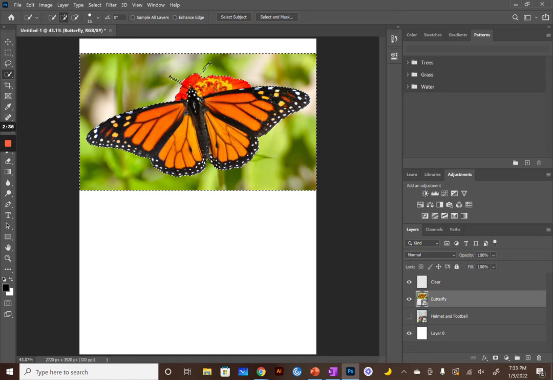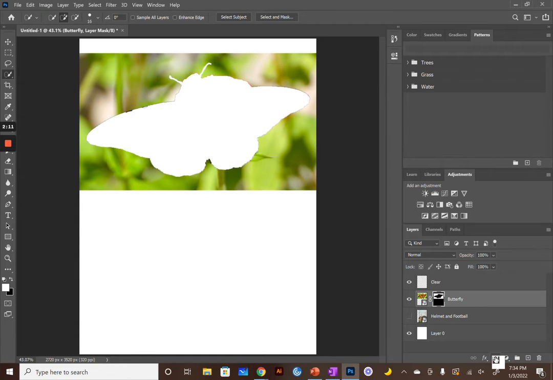Now what you're going to do, down in your adjustments, in your layers, you have all these different options down here. If you go over top of them, you have layer mask, a new fill, and adjustment layer. We want a layer mask, so we don't want to actually get rid of the background, we just want to mask it. Heaven forbid we need it. So I'm going to click layer mask, and what it is going to do, it is going to delete a